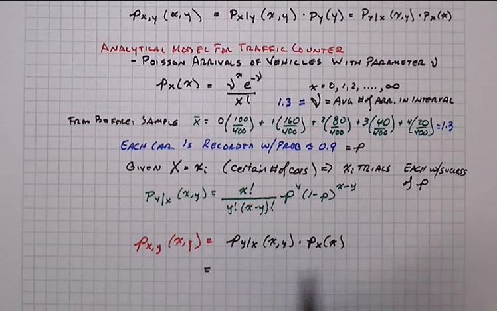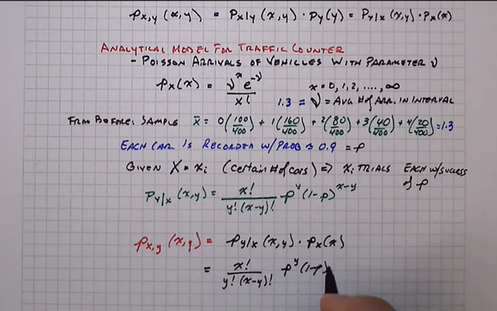Right? And our conditional is our x factorial over y factorial x minus y factorial, p raised to the y, 1 minus p raised to the x minus y. And then we got the marginal here, and that's nu to the x e to the minus nu over x factorial. And notice that in this specific case we have some cancellations here,